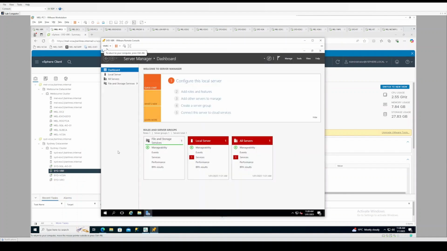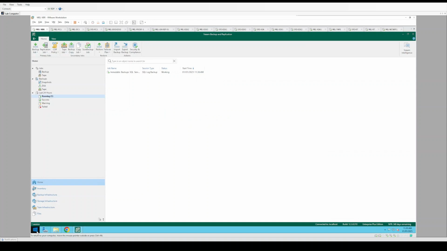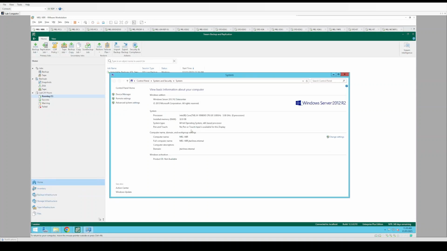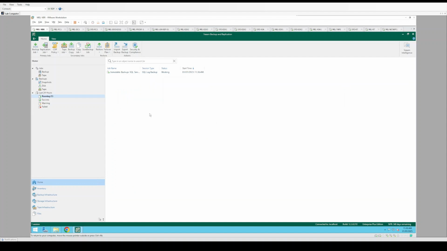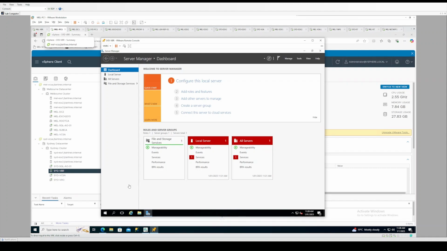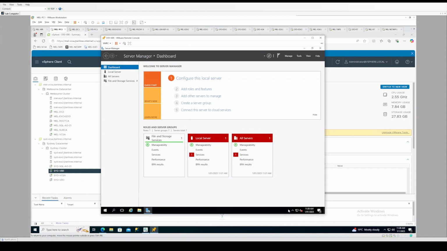And I've already logged in. So the existing VBR server is a domain joined machine. In our new server, we're going to follow some, I guess, sort of recommended or best practice from a security point of view, and leave our VBR server off the domain. So we're going to run it as a work group,